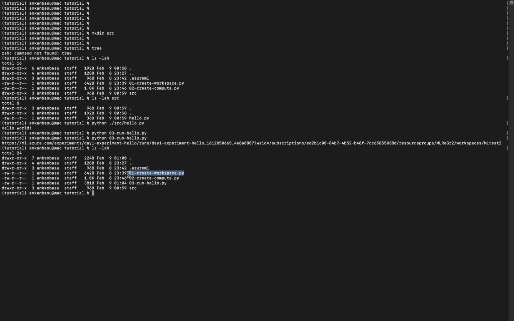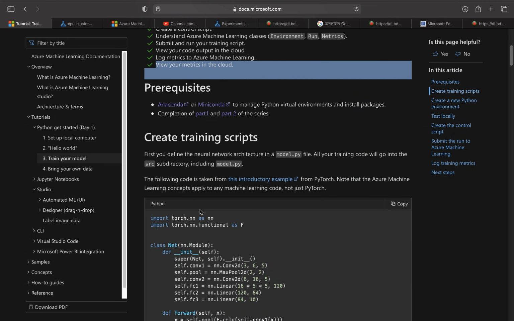Here is the script that we wrote to create the workspace, and this script that we wrote to create the compute cluster. Then this is the code that we have already run. Within source we have some sample files for testing that the Python code is working locally and also in the remote cluster environment. All right, so here what they're saying, inside the source directory,